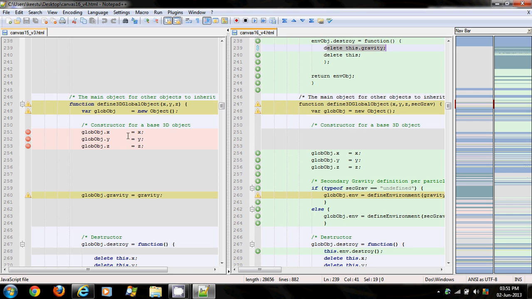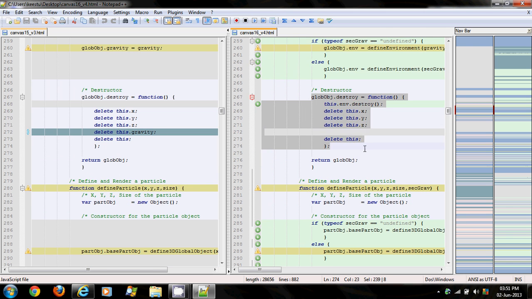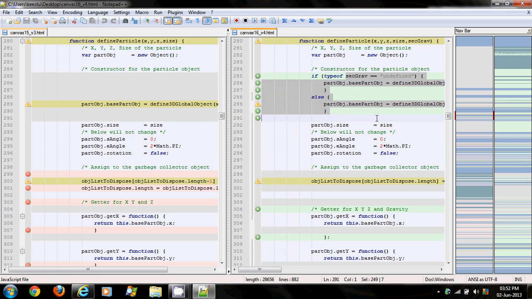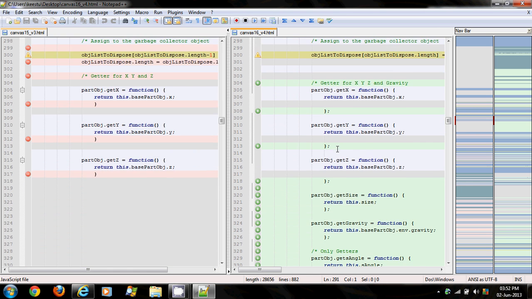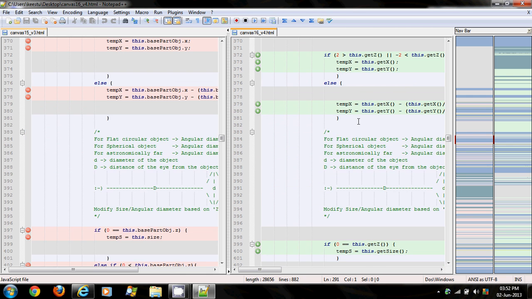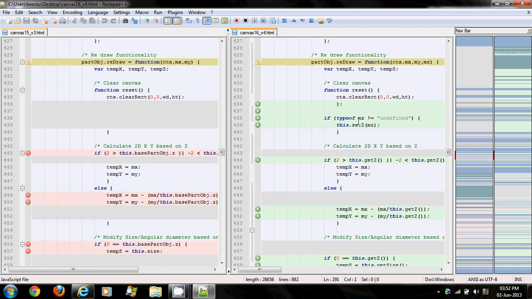Gravity I'm not setting it here now, no more, so I put it over here. Here secondary gravity checks, and you have your destructor. Particles, where I'm checking whether the secondary gravity, it's optional. Okay, and here are your extra getters and setters, henceforth we can use only that, and the respective code changes for those getters and setters.